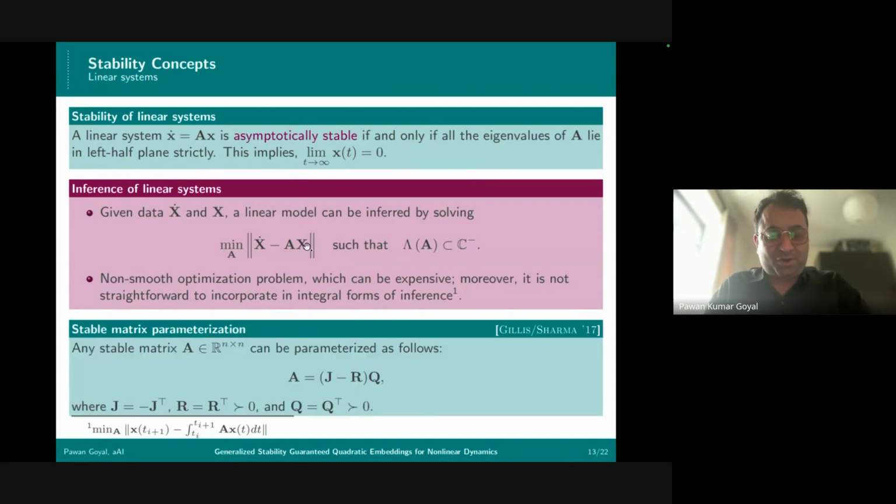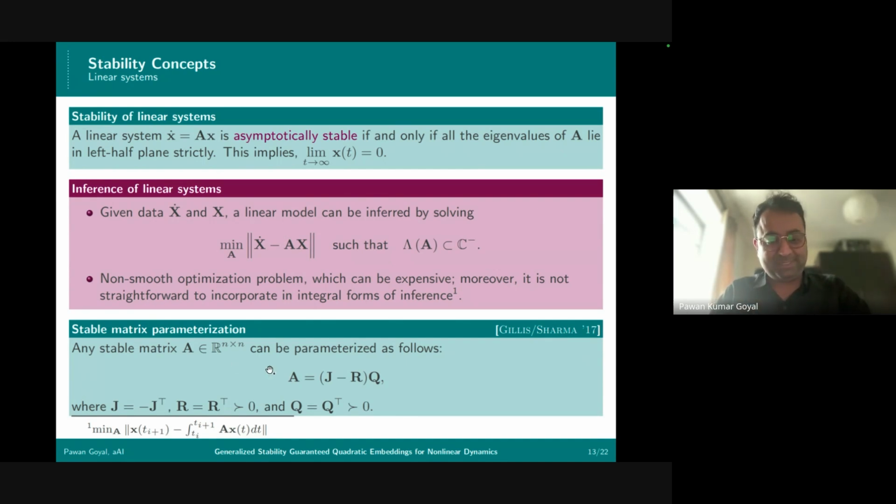Putting constraints on the linear matrix, that all the eigenvalues should lie in the negative half plane, is, as I said, a non-smooth optimization problem and it's not so easy to solve. However, there are some parameterizations we can think of which characterize the stable matrices. This leads to some of the work which Gillis and Sharma did in 2017. So we can take any stable matrix A, which has all the eigenvalues strictly in the negative half plane,